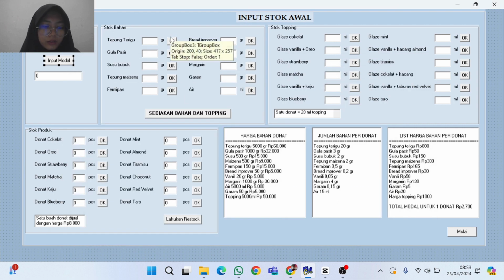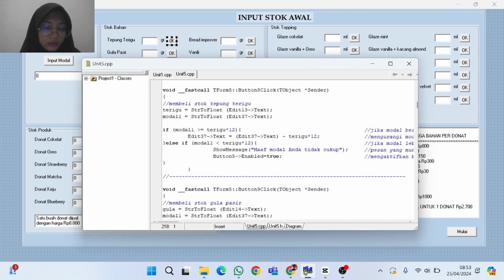Next, button OK. From the OK stock material button, this is a button to purchase stock material. Here I have declared flour with edit 13.